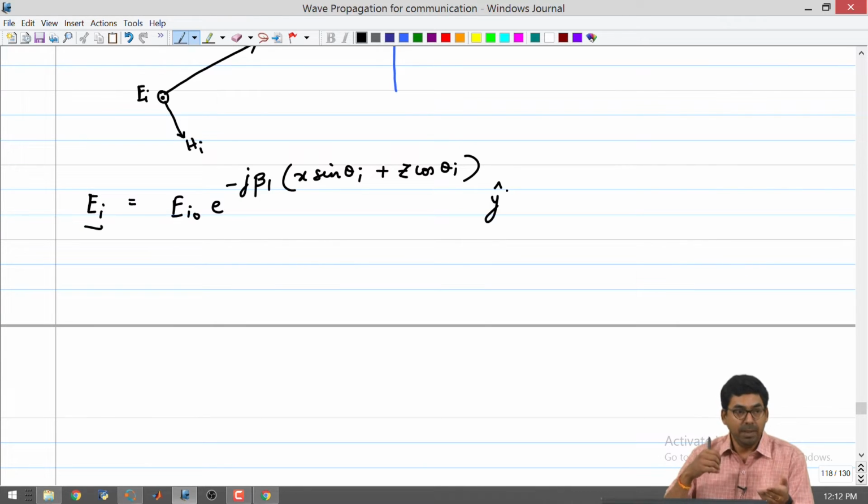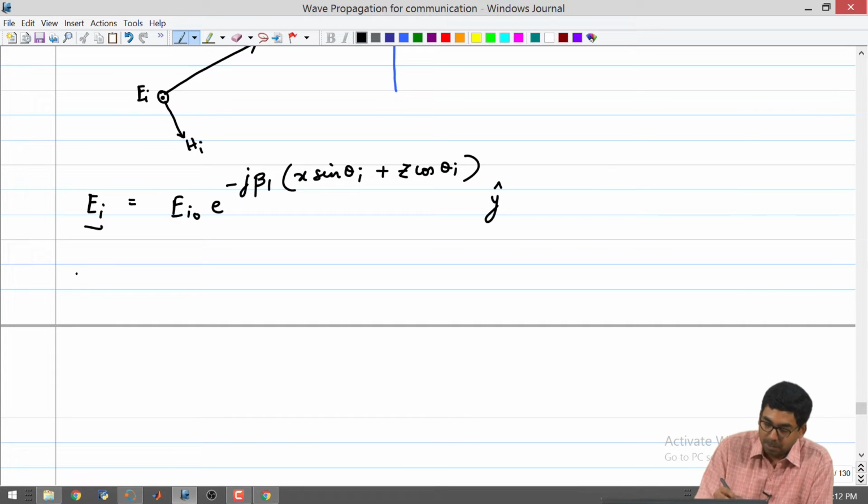Because when we wrote the program, we saw that the electric field had a y component, and then we had Hx and Hz, and we also plotted them. We also found that the two of them were looking very different. So, now we are in a position to look at it more closely, get the expressions for Hx and Hz separately, and then draw some more inferences as to what is 0, what is not 0, what is a standing wave, what is not a standing wave, etc.